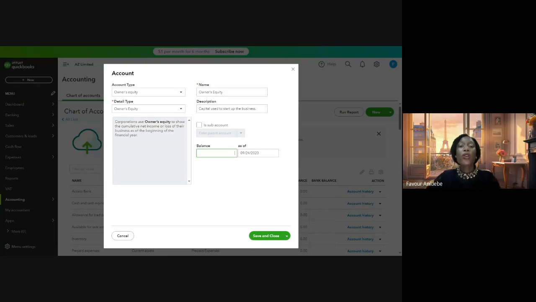So that is why, when you're creating a chart of accounts, even if it's not owner's equity, any chart of account you're creating in accounting, you need to have the knowledge of debit and credit at the back of your palm, because it's still going to help you in telling the software what to do. You're the one telling the software what to do. Once you tell the software the wrong thing, just like garbage in, garbage out,